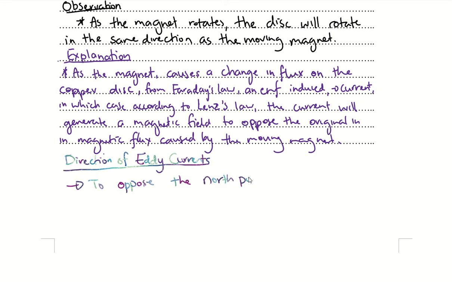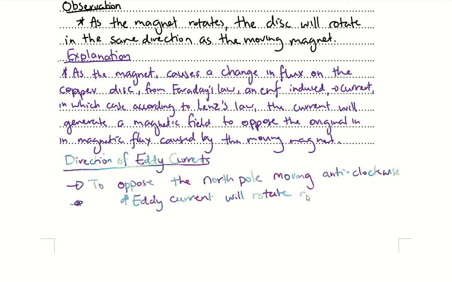To oppose the north pole moving, let's say on the disk, anti-clockwise, in this scenario, eddy currents will rotate anti-clockwise